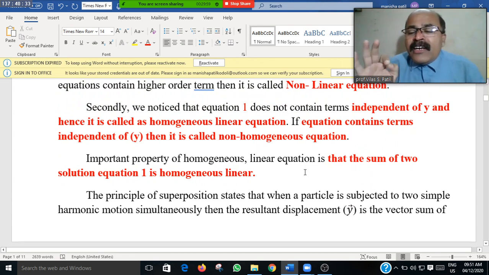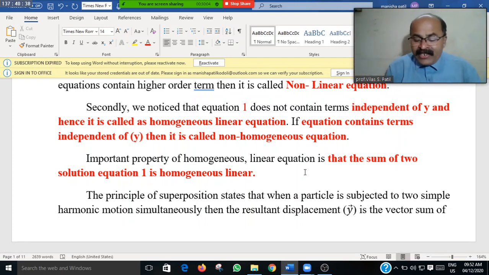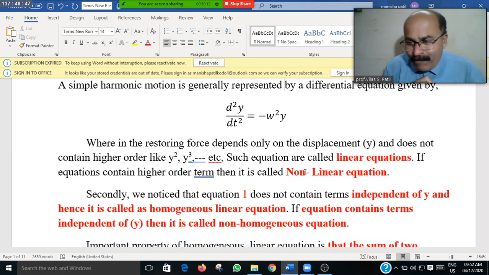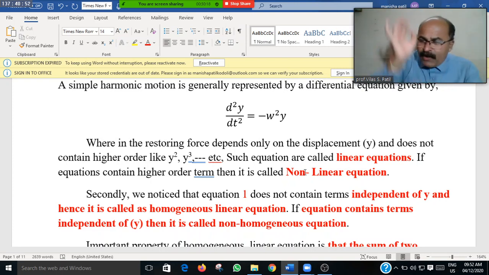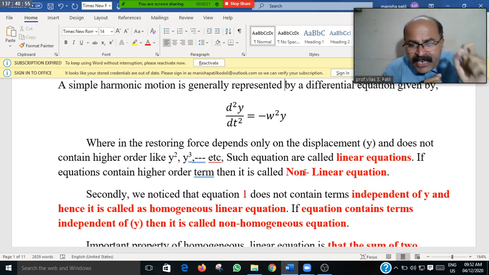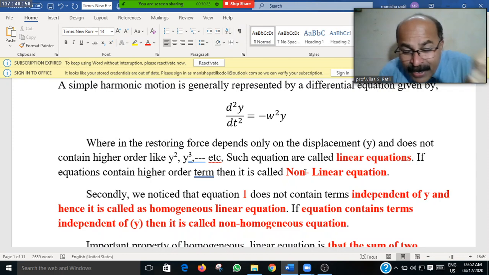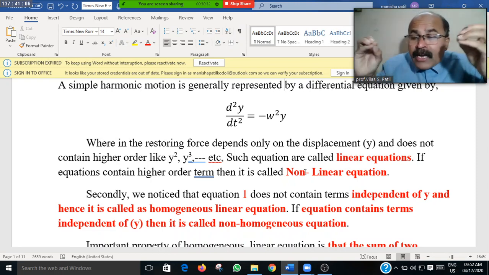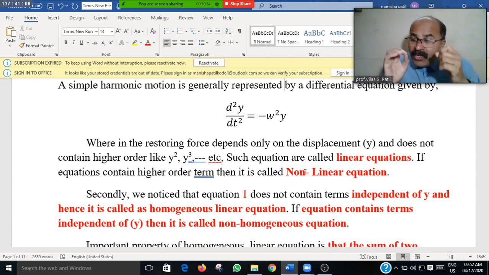equation 1 does not contain a term independent of y, and hence it is known as a homogeneous equation. See equation number 1. On the left hand side and right hand side, there are terms in terms of y, in terms of the displacement. Displacement in the y direction, displacement in the vertical direction, that is d2y. y is the dependent variable. Independent is the term which does not contain y, the term which does not contain the displacement, that is